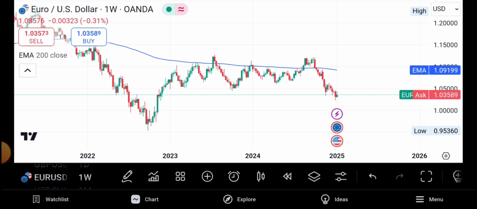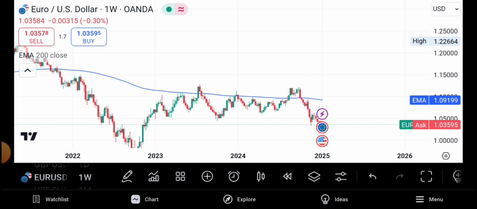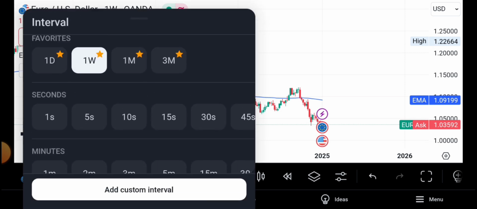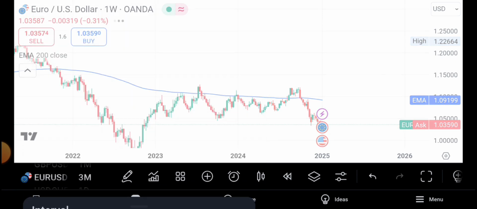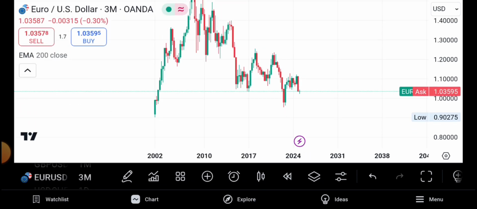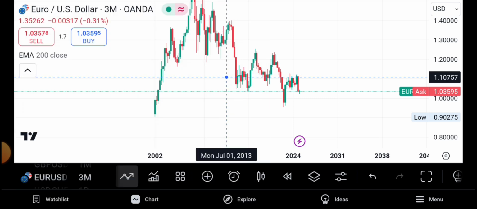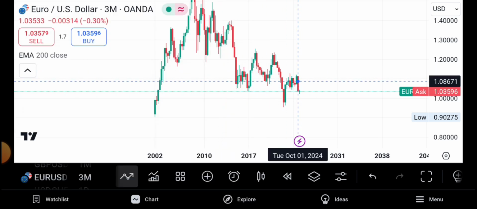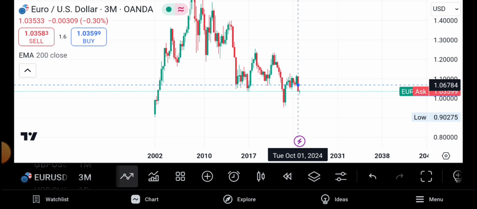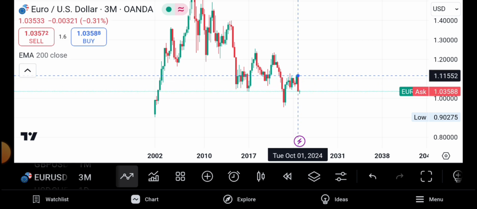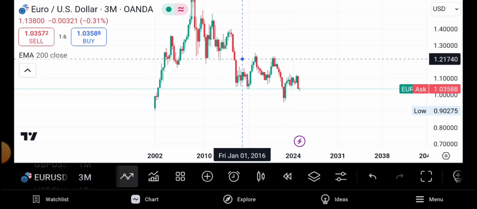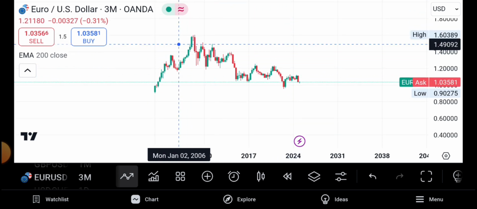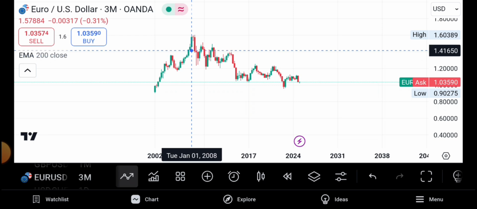So let us begin. In Euro USD, as usual, I am a swing trader. I love to look at the bigger picture. Being the first week of the year 2025, we are going to check the 3 month and see the trend of 3 months. In the last 3 months, this is the last 3 month candle, and all of us can see it was a good bearish candle. This is a marubozu bearish candle, meaning that the sellers had control, had power. So let us try to analyze together and see where Euro USD is heading for the rest of the year. Are we together?